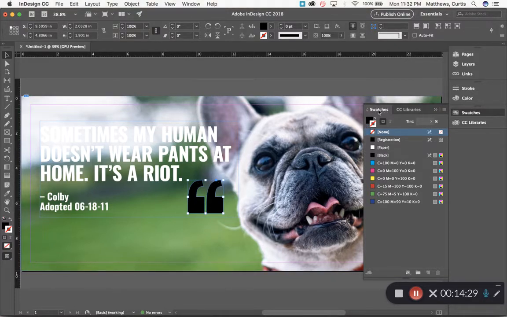I'm going to come back over here to my swatches panel, or maybe I collapsed it. Right now the stroke is on top, so that means any color change that I end up making is going to apply to a line around the edge of the quote mark. So I need to click carefully right up here until I bring the fill box to the front,